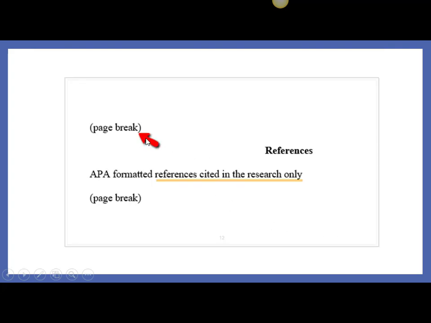Make sure you have that page break. I know I talked about that last week with doing your references. Okay, so the references are cited in the research only. So I do a double check. If you've cited in your paper, I look to see if it's in your reference page. And then I do a little check as I'm going through. And if there's something in your reference page that's not cited in your research, that is a major APA error. Those two must